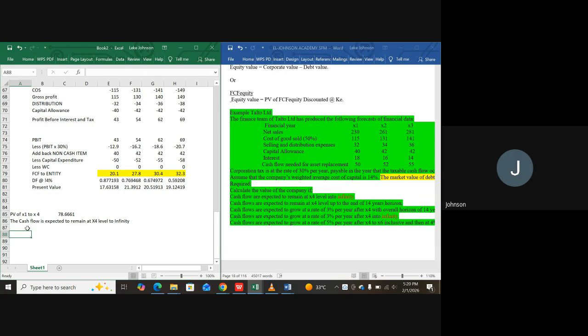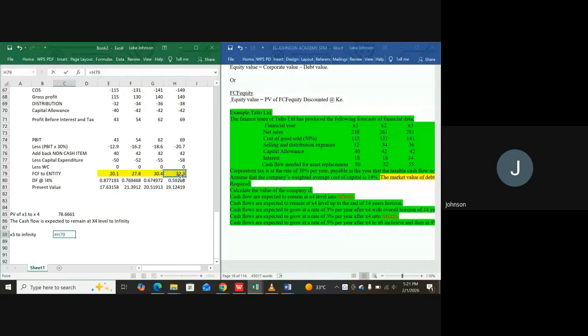So what do we do to solve? We have gotten our value of the business from year 1 to year 4. So we want to now get year 5. So year 5 to infinity is now going to become the formula for a constant perpetuity. We are going to have equal to the cash flow of the base year. What is the base year? Our base year is 4. So this cash flow, right? The cash flow of the base year